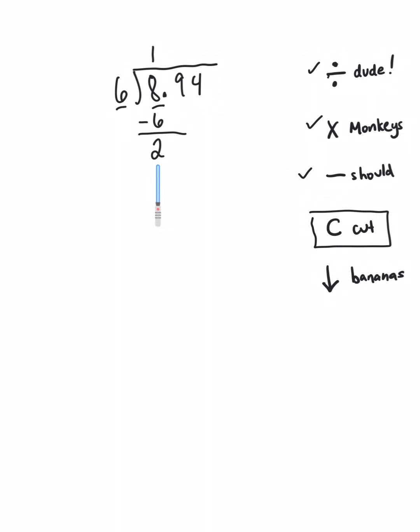If you ever get a number that's greater than your divisor, then you need to go back and make sure that you might be able to increase your quotient here. Okay, now I'm going to bring down the 9. And now I loop back up to the top and start again. So 29 divided by 6 is, let's see,